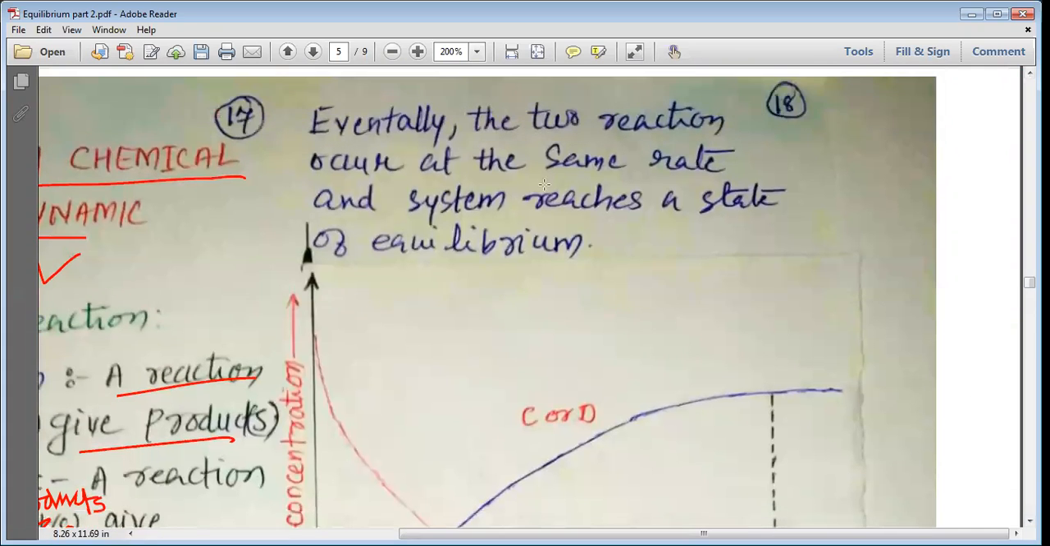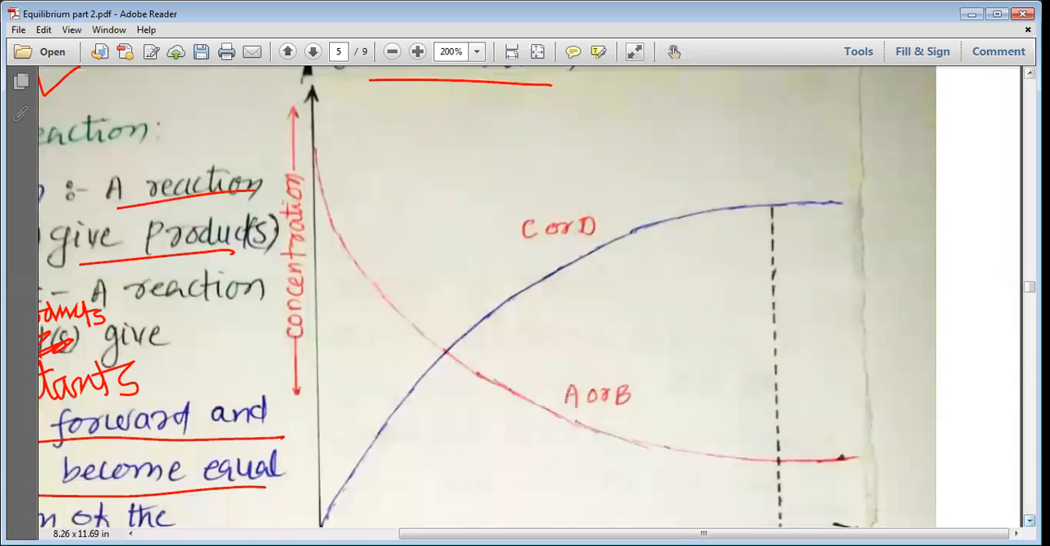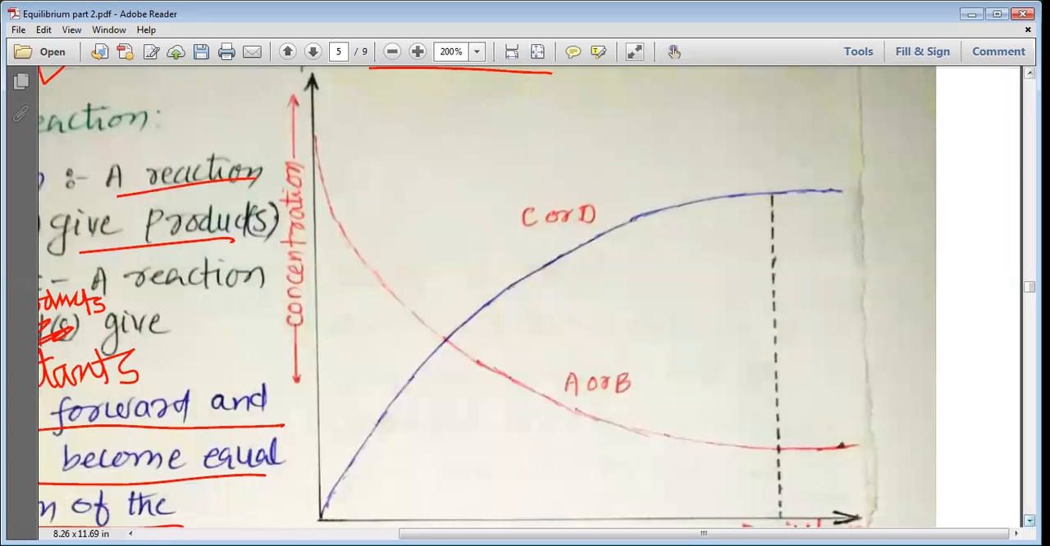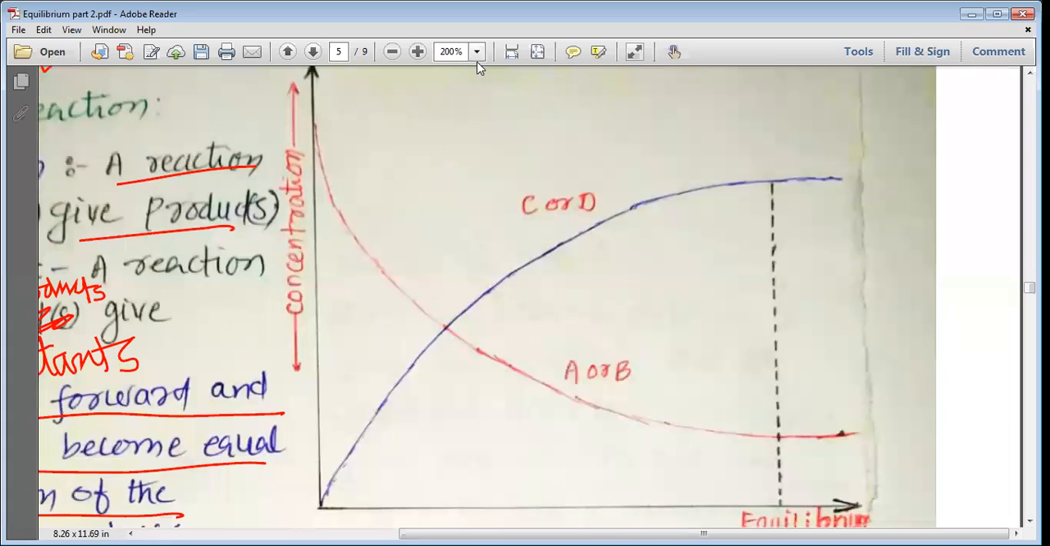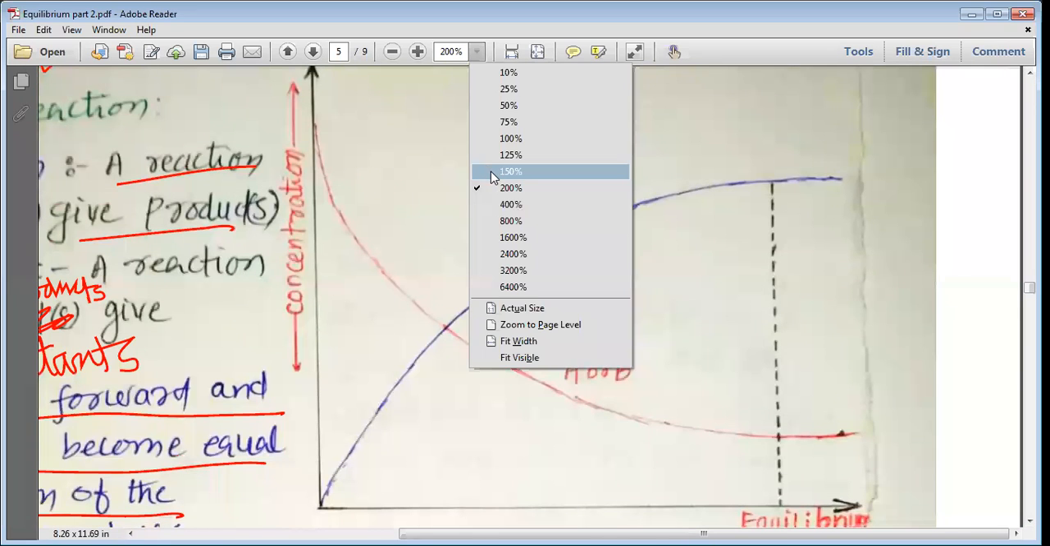Eventually, the two reactions occur at the same rate, and the system reaches a state of equilibrium when the rate of the two reactions, that is the rate of the forward reaction and the rate of the reverse reaction, become equal. The system attains the equilibrium. So if we plot a graph, my dear students, of concentration versus time,